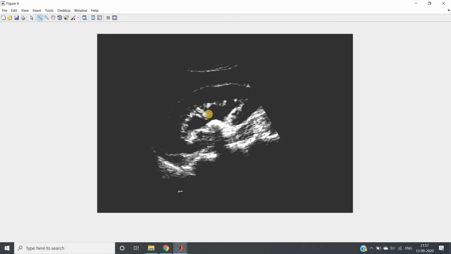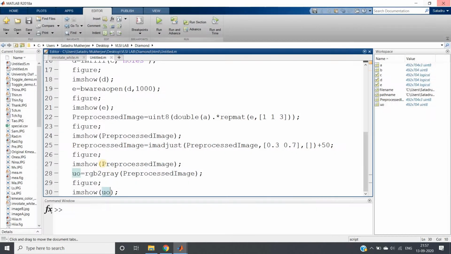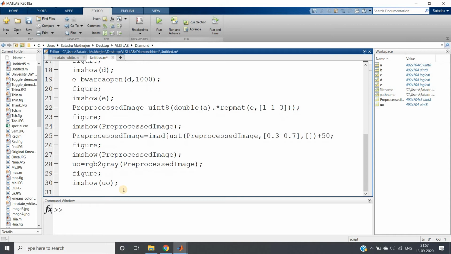Either you can use a morphological operation or you can use a median filter. I have shown you how you can use a morphological operation use case. I am going to show using a median filter. If I am using a median filter in this case, as this surrounding is majorly black, this particular part will be suppressed. So we can pass this via a median filter, and for this implementation we are going to use medfilt2. Not medfilt3, because here this is our grayscale image, right?